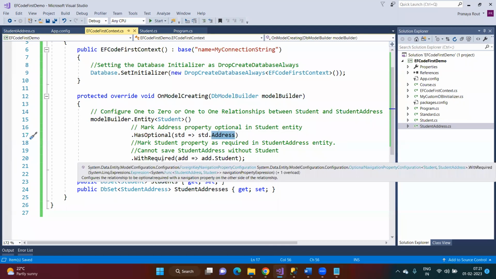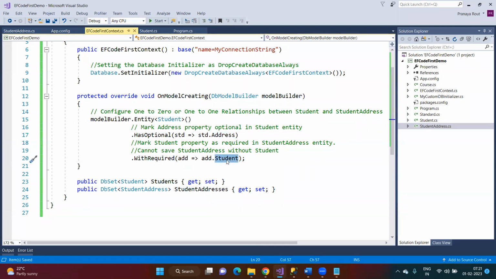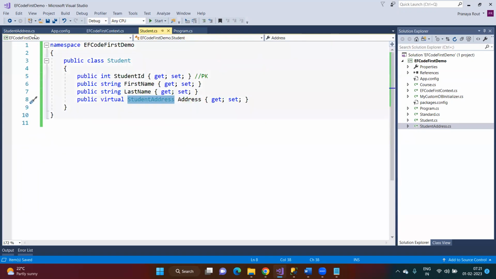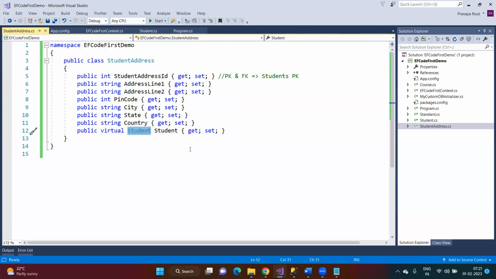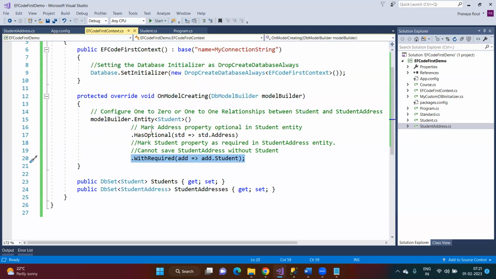For student address, student is optional. So if you use these two Fluent API methods, then it is going to implement one-to-one or one-to-zero relationships. But before that, you should have some student address and you should have the reference address students. So first of all, you need to create the classes like this, and then using